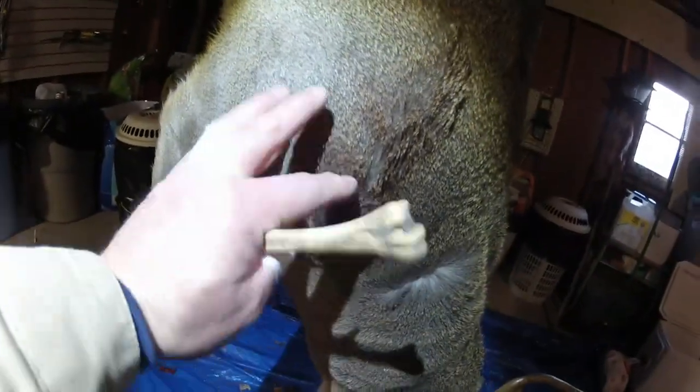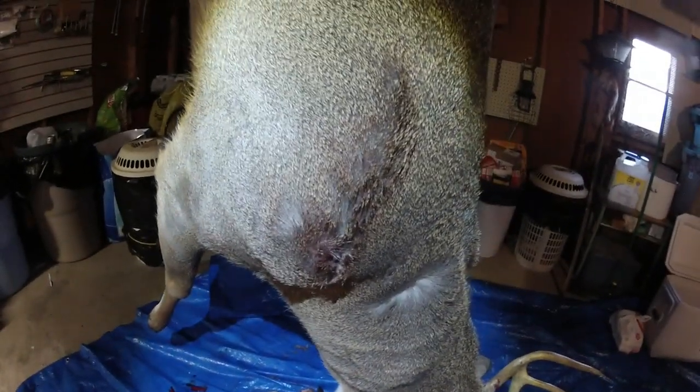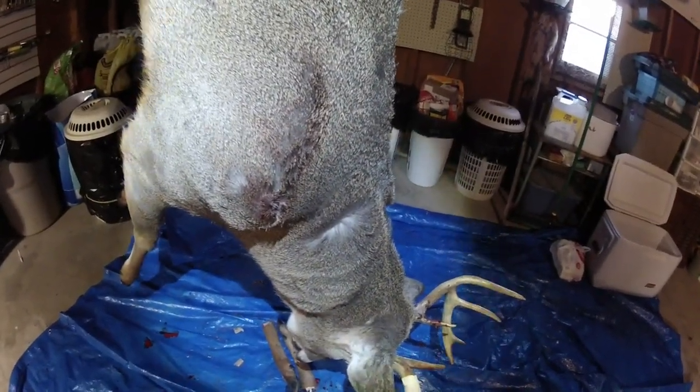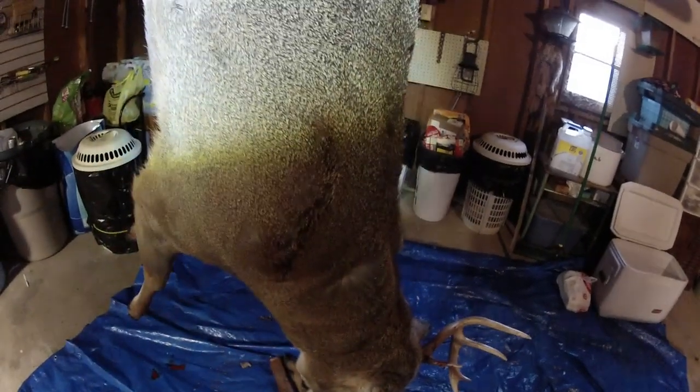Well, here's my buck. Shot him right here. As you can see, there's very little blood loss out of the hole. Very similar to muzzleloader hunting. Anyway, that bullet,